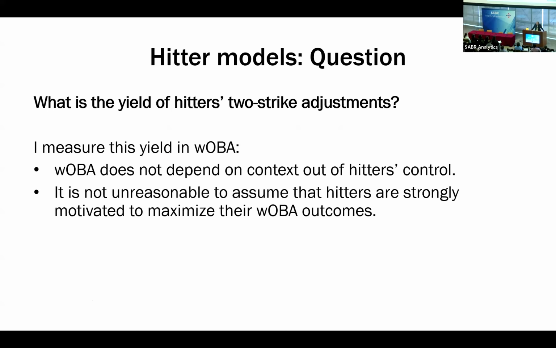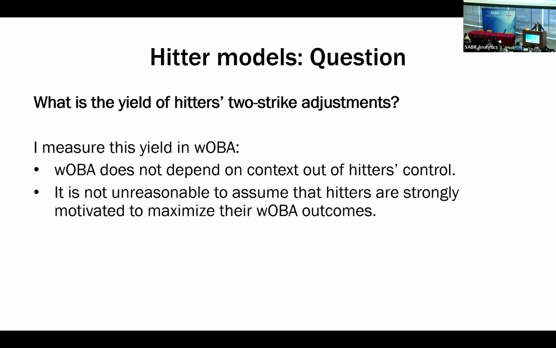Okay, so the question I want to ask next is, what's the payoff? What's the yield of hitters' two-strike adjustments? And I'm going to measure this yield in wOBA for two main reasons. Firstly, because wOBA doesn't depend on context out of hitters' control. So it doesn't depend on runners on base, doesn't depend on outs, and so on. And secondly, because wOBA is the main rate statistic in wins above replacement, which is increasingly used in important things